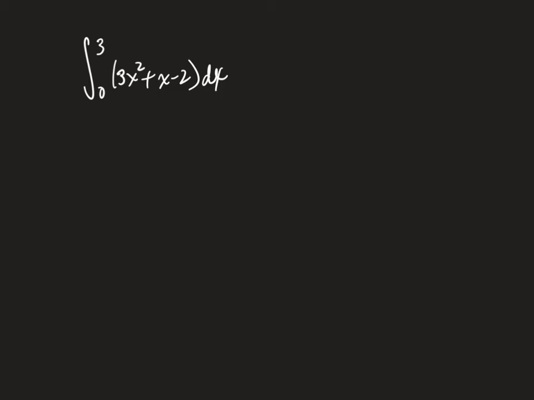All right, here is a polynomial. So we're evaluating the definite integral of 3x squared plus x minus 2 over the interval from 0 to 3. So remember, step 1 is just find the antiderivative. So the antiderivative of 3x squared, I'm going to use the constant multiple rule and then use the power rule for antiderivatives, the sum rule for antiderivatives, and then remember we can leave off c because we can choose the one where c is 0 in this case.